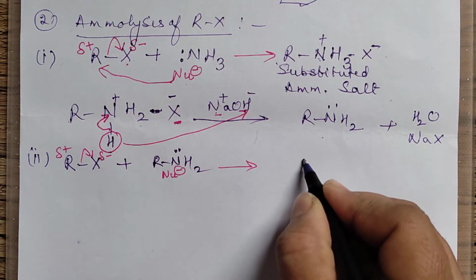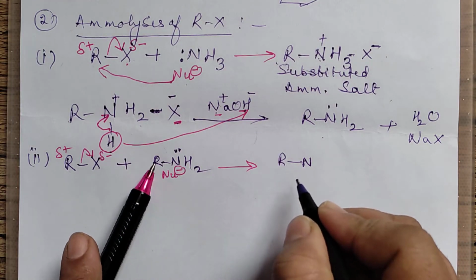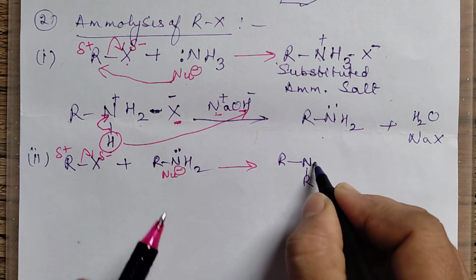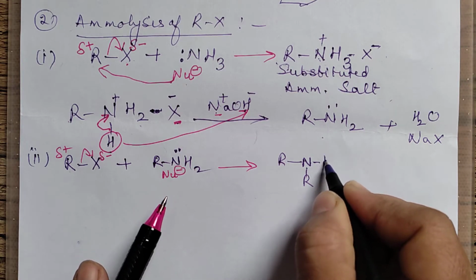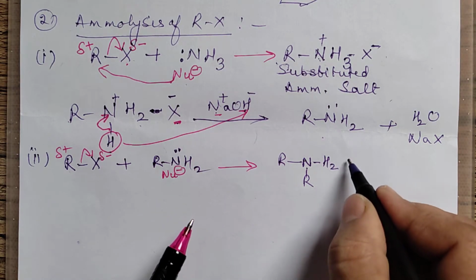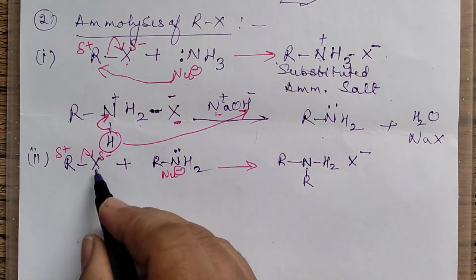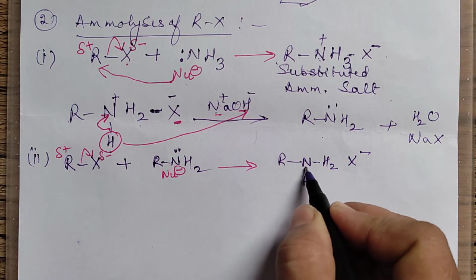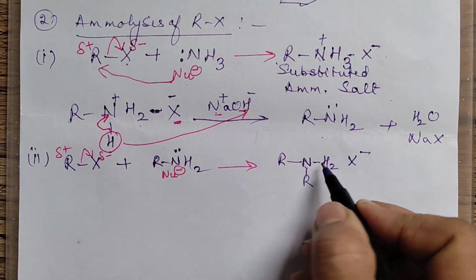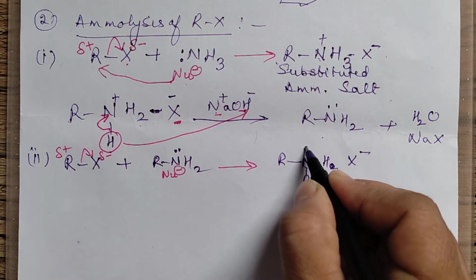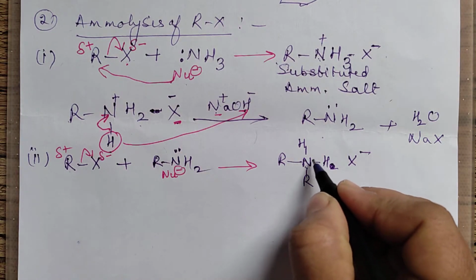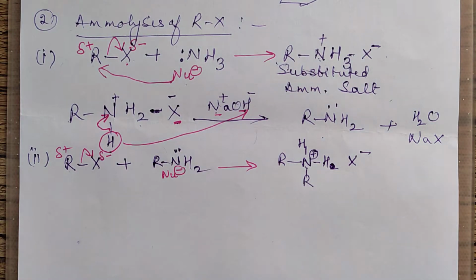On this you have N, right? You already have one R here. One more R will get attached to this. One more R here. You have on this, H2 also, right? And plus you have X minus. This X, what we did here, the similar thing I have written here. Now this nitrogen is now having 4 bonds. So instead of writing this H2, let me write this as 2 separate hydrogens. Right now this nitrogen is having a positive charge. Clear? Because it looks odd writing H2.